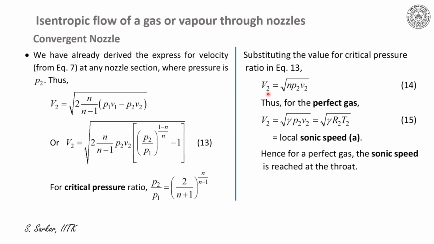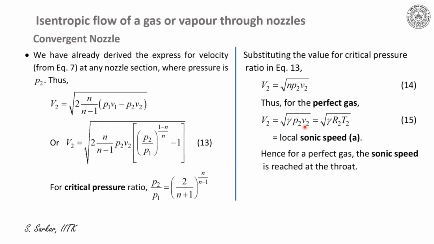Thus, for a perfect gas, V2 can be stated as, here n would be replaced by gamma,